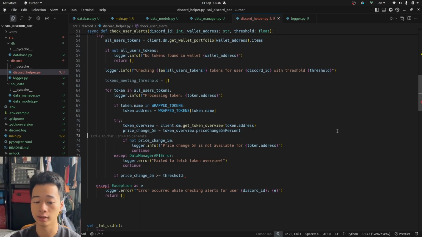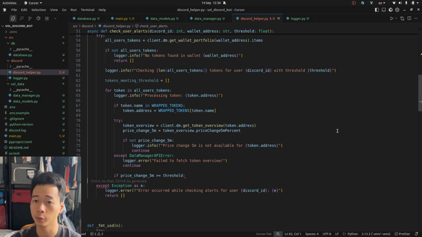Otherwise, if the price change is larger than the threshold, we start getting all the info that we need to create the token